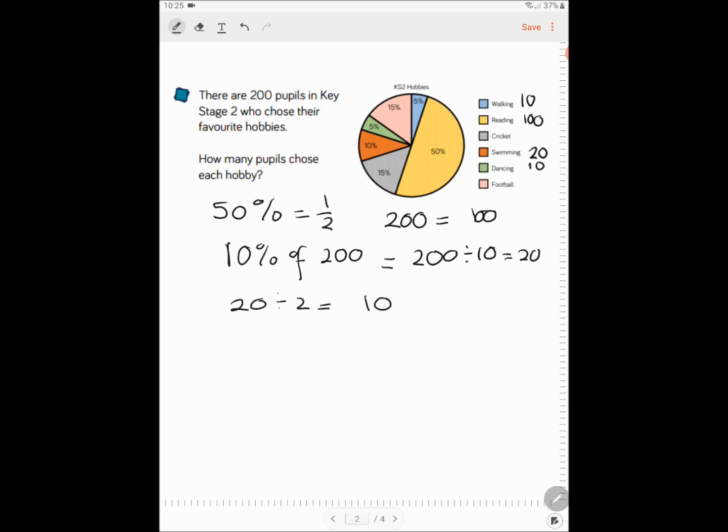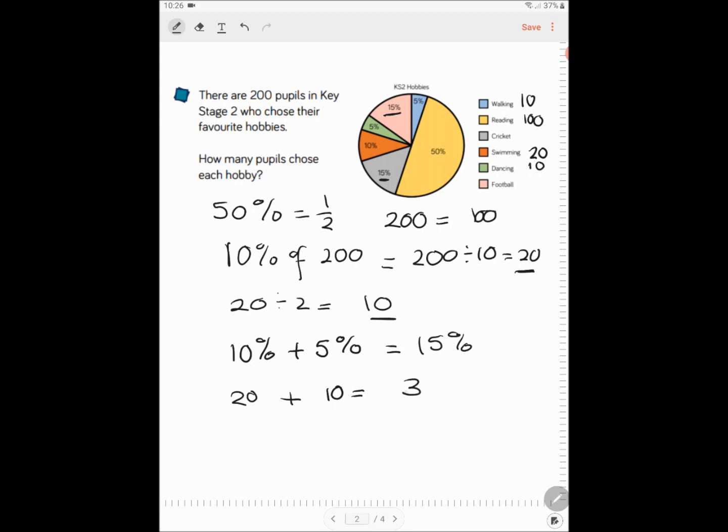Now, the last two that we've got 15%. Now, if you think about it, we've worked out what 10% was. We've just worked out what 5% was. So actually, we can combine the two. So to make 15%, you'd need 10% plus 5%. Now, I know that 10% was 20. I know that 5% was 10. Add it together